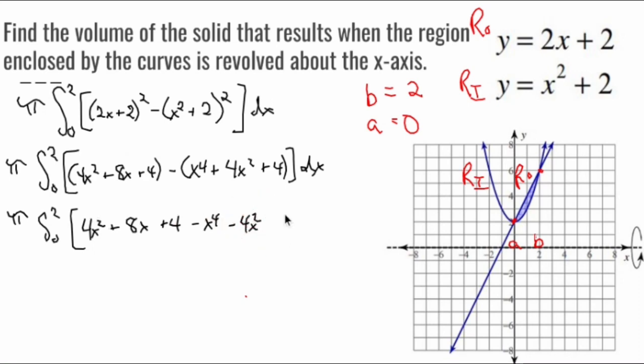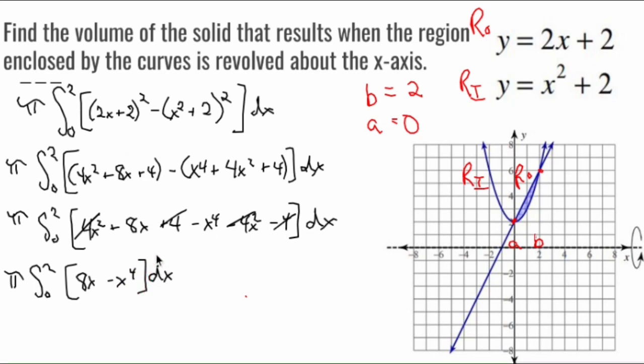And more good news, so I take it all back. This wasn't so bad at all. Minus 4, dx. So the 4x squared terms cancel out, and the 4s cancel out. I'm left with 8x. So I have the integral between 0 and 2 of 8x minus x to the 4th